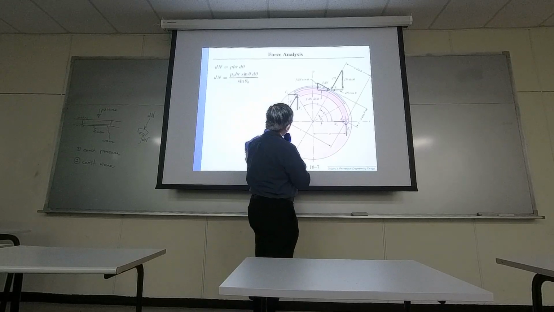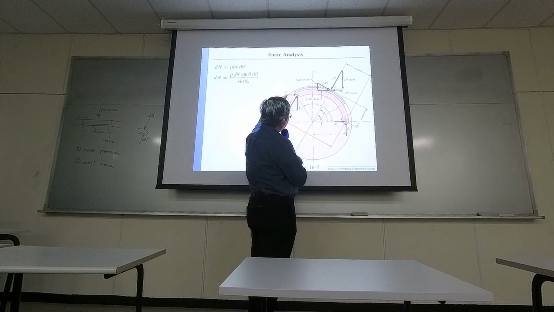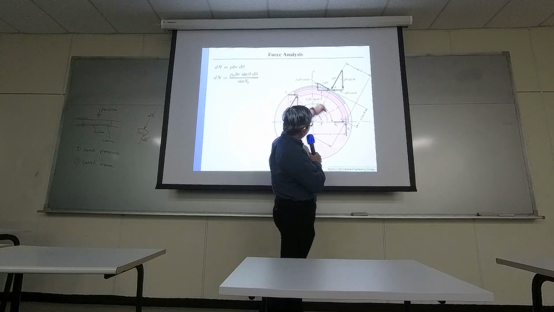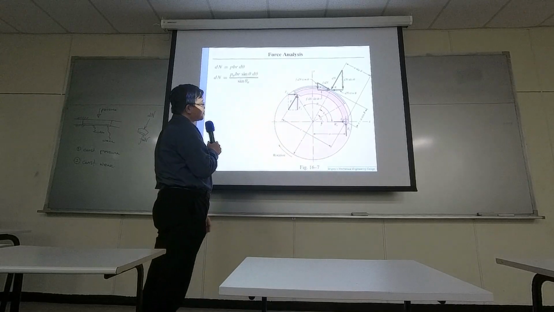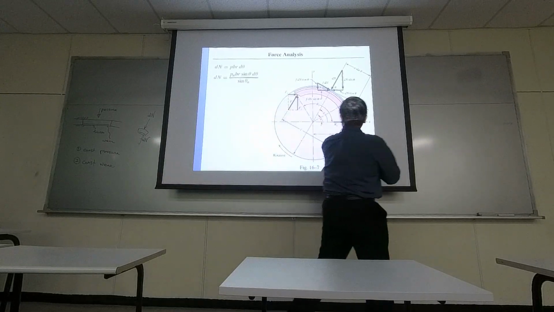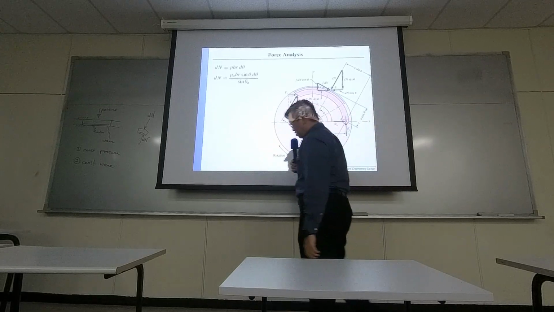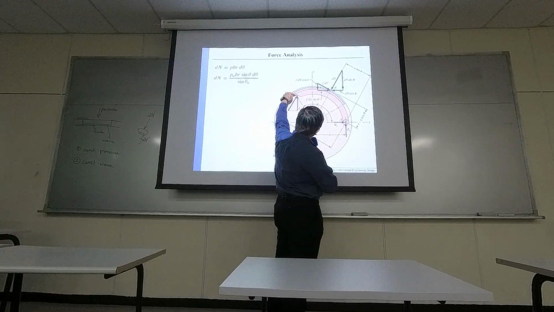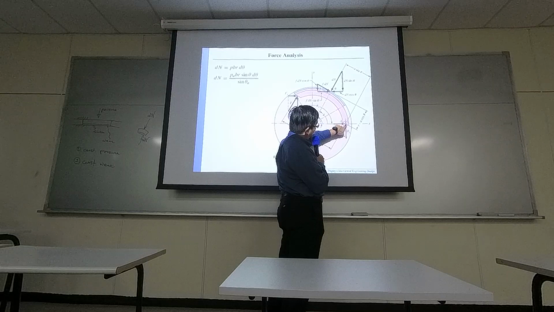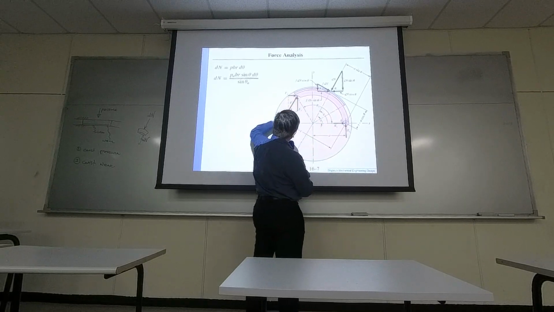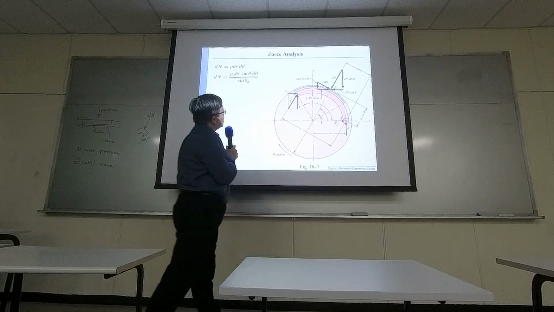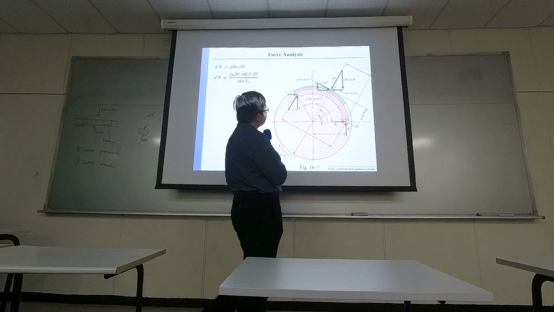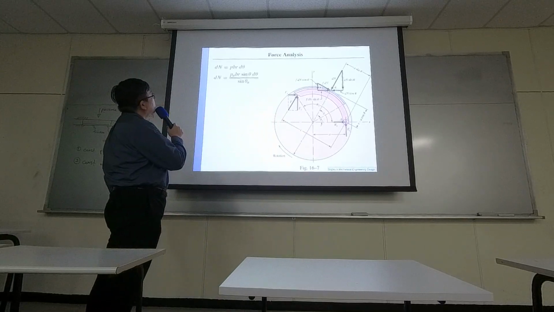You have a driving force here, and because you have a support, you have a driving force that is perpendicular to your arm from this point to this position. So if you draw a line from this point to this support, the driving force is perpendicular. And you can also get the XY components of this driving force. Okay, so from here,